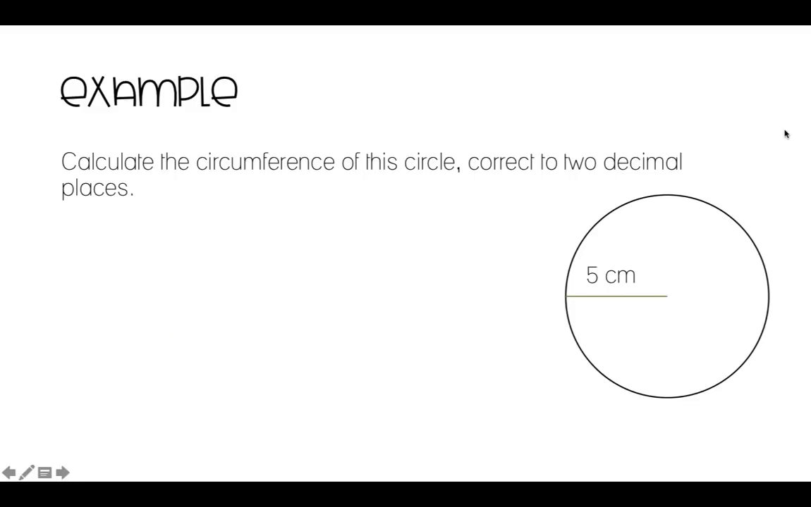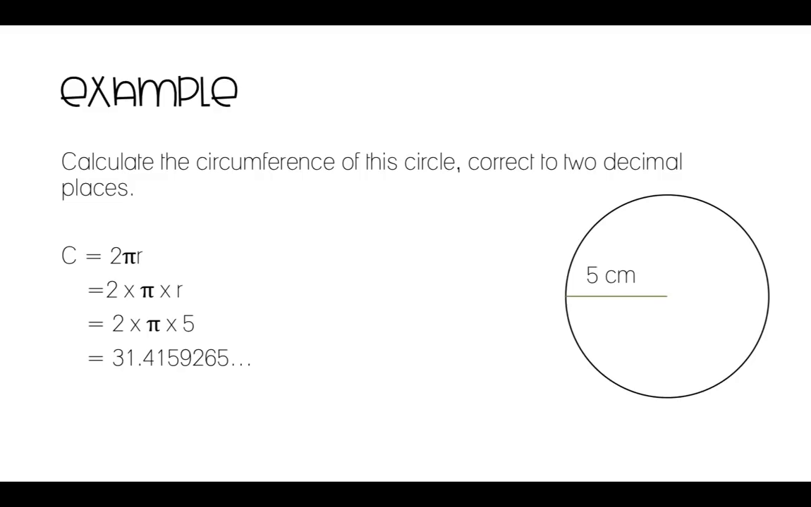Okay, so let's look at the circumference of this circle. It's a little bit different to the last one. The last one we were looking at the diameter. In this case, we've got the radius. So we're going to be using the circumference equals 2 pi r. So r again stands for radius. So this means 2 times pi times r. So we'll replace that r, the radius, with 5 centimeters. So we get 2 times pi times 5, which gives us an answer of